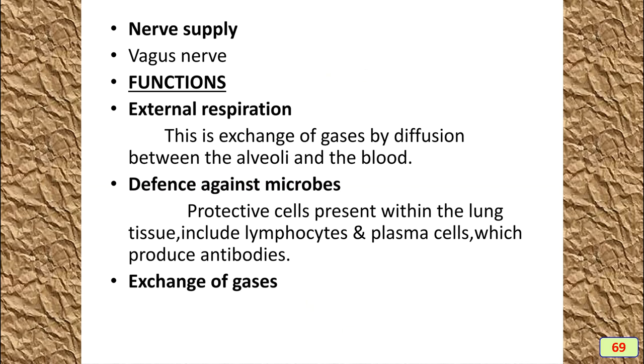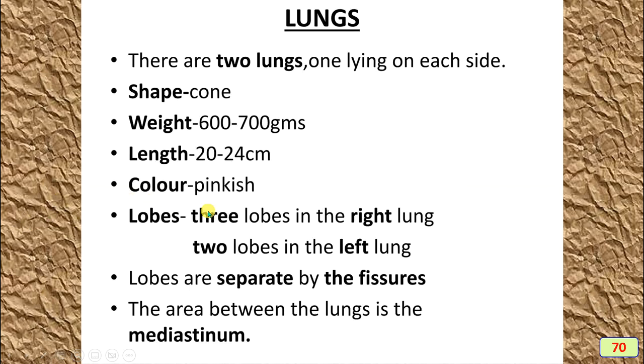The nerve supply is the vagus nerve. The vagus nerve is always a parasympathetic nerve, and it secretes acetylcholine, which acts on the lungs or the smooth muscles of the bronchi and makes them constrict. And two lungs are always present in most of the domestic animals, including the